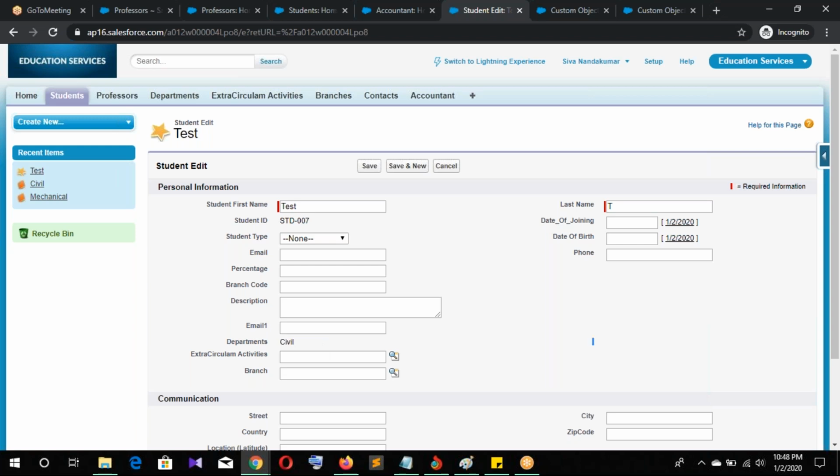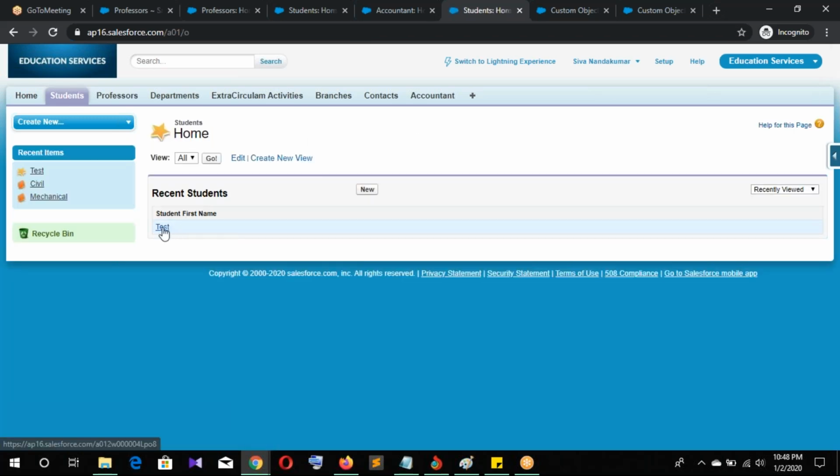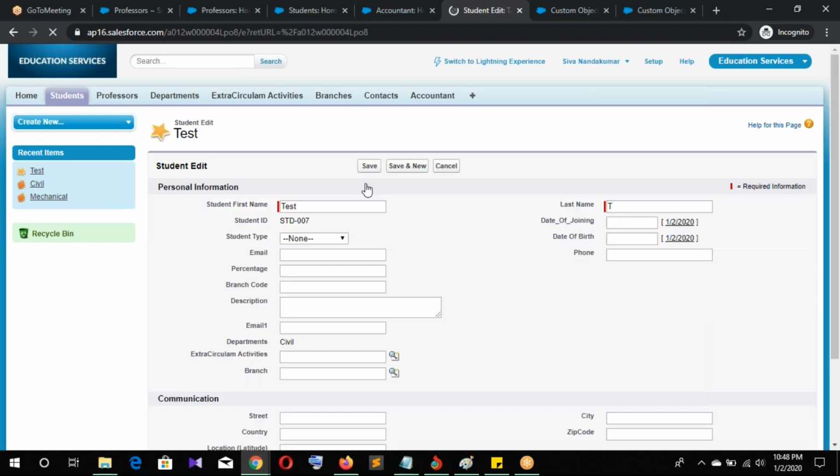Oh, this is not editable, it is read-only. There is no option to change it. Going back to student, edit, there is no edit available.